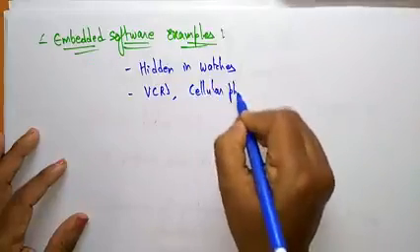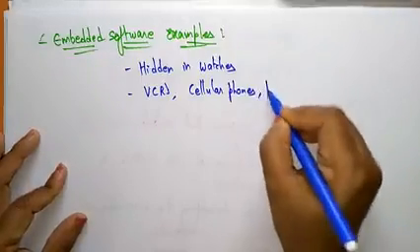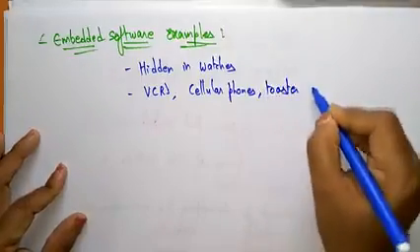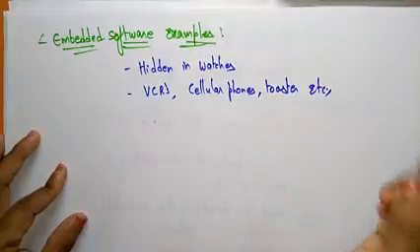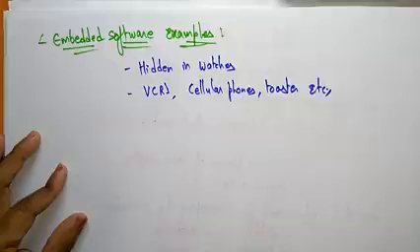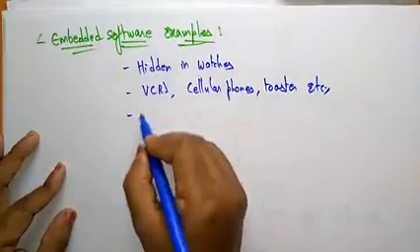The cellular phones also consist of some embedded software, and toasters, whatever toasters you are using, also have an embedded system, which is a chip designed with hardware as well as software, and it guides